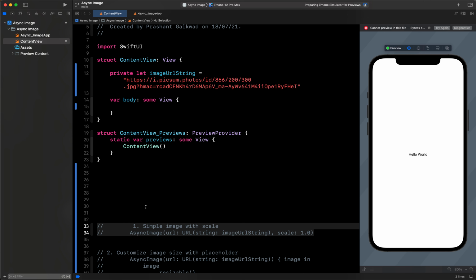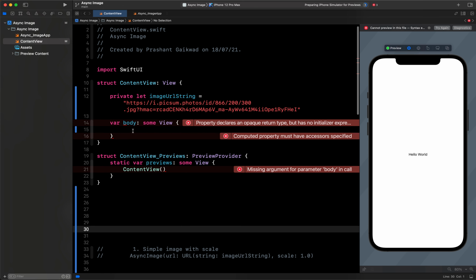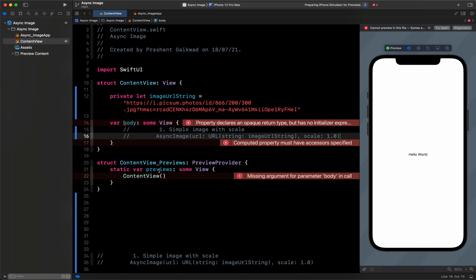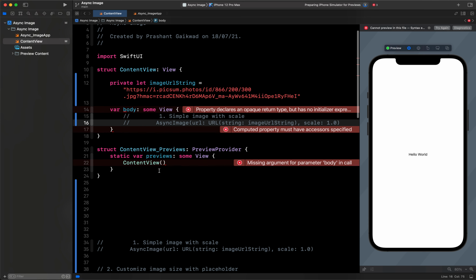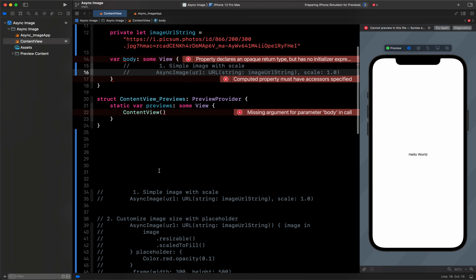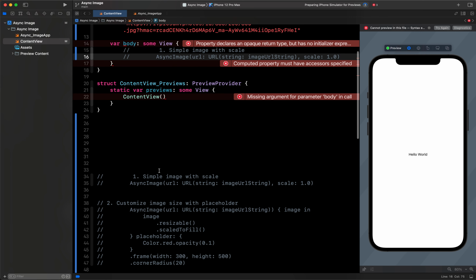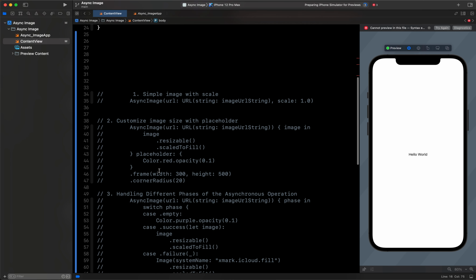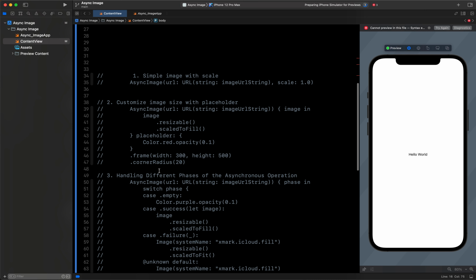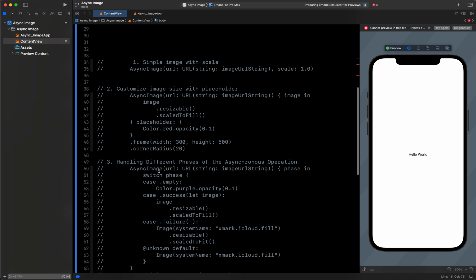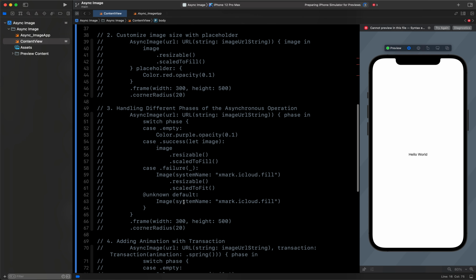There are different features in AsyncImage. For example, you can directly download the image, you can scale the image after downloading it, or you can change the placeholder color until the image is downloaded. The image goes through multiple phases: if the image is empty, what to show; if the image is successfully downloaded, what to do; if the image download failed, what to do.